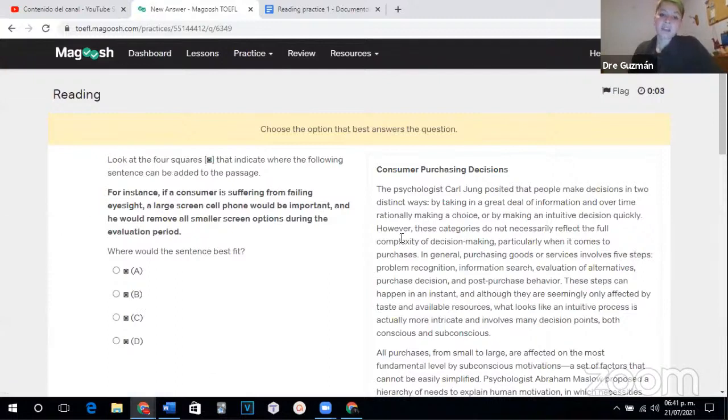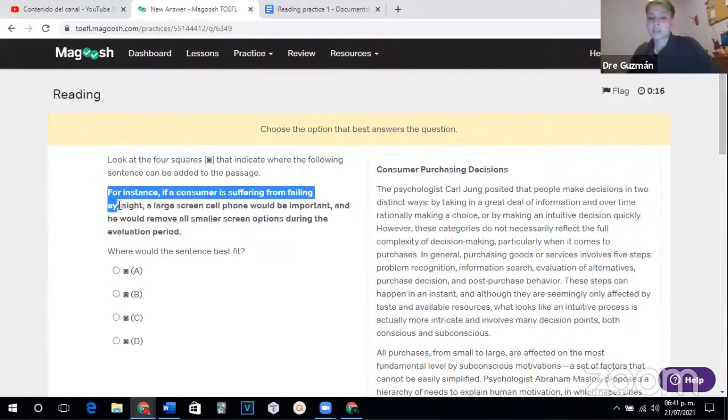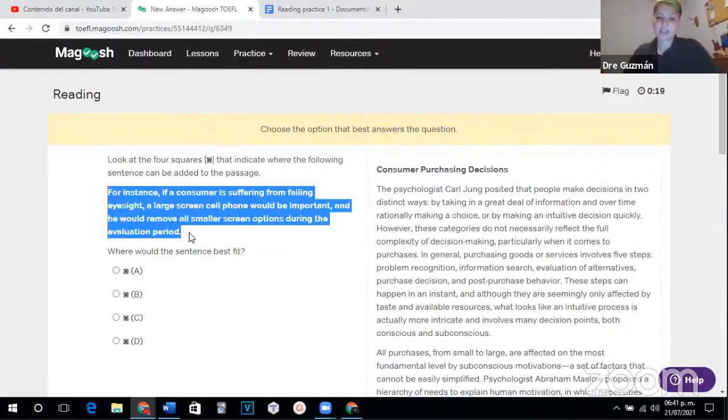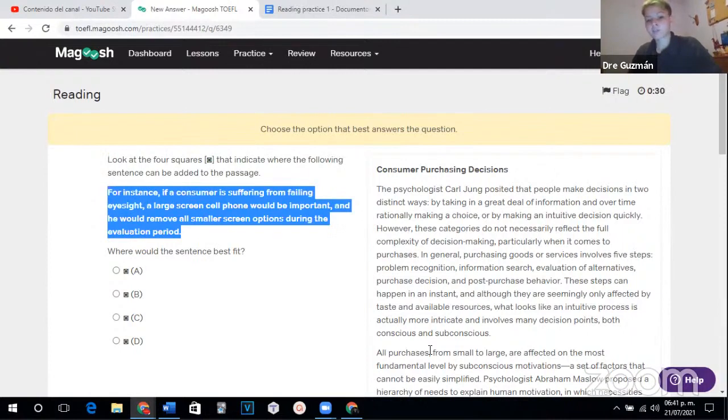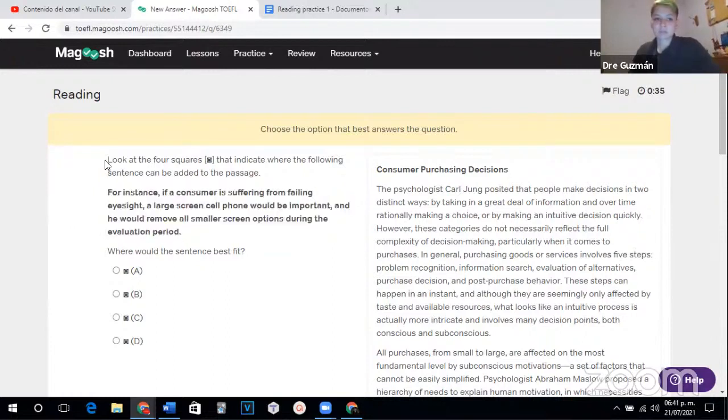Next one. This type of question, it's going to give you different places in the text. So in between sentences, o diferentes lugares donde pueden colocar esta oración que les da. So it gives you one additional sentence you have to stick somewhere in the text. Okay? So, Carolina, can you read the instruction, then the sentence, and then juntos, together we're going to see where we could put it, okay? So go ahead, Carolina, and read these two parts, please.